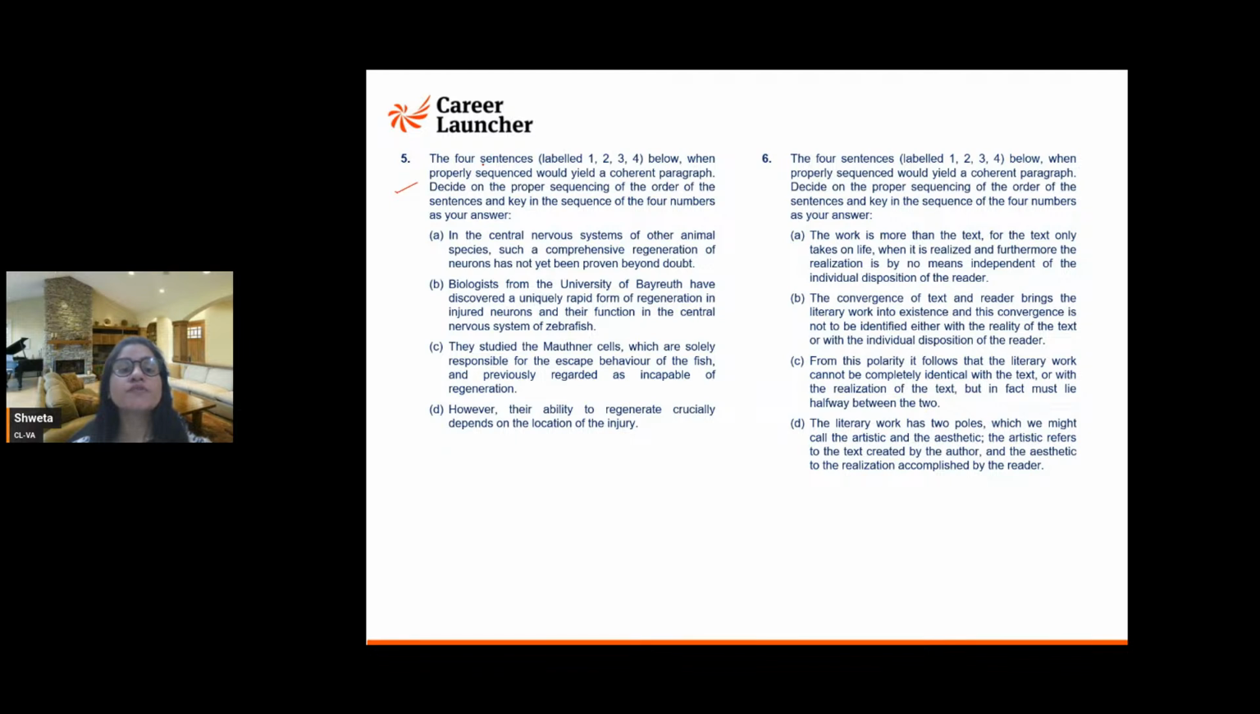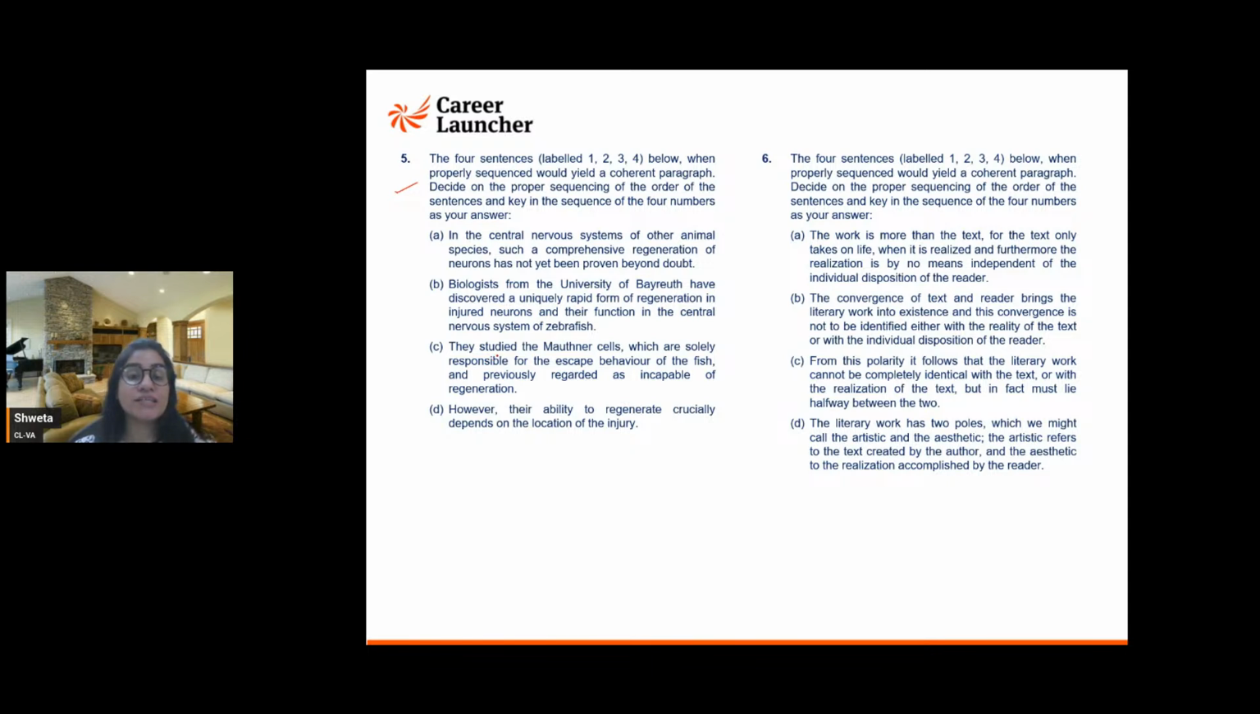Okay, so four sentences below, when properly sequenced, would yield a coherent paragraph. There are four sentences. In the central nervous system of other animal species, such as comprehensive regeneration of neurons, have not been proven beyond doubt. Biologists from the University of Beirut have discovered a uniquely rapid form of regeneration in injured neurons, and they function in the central nervous system of